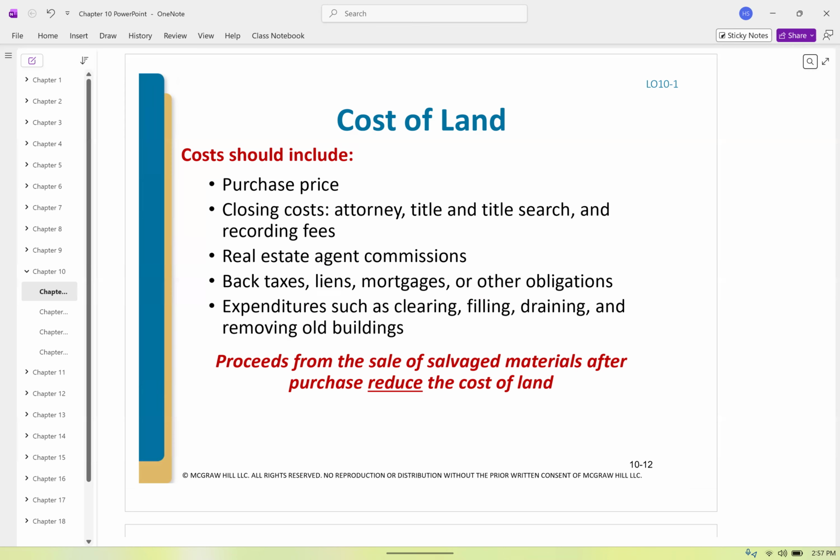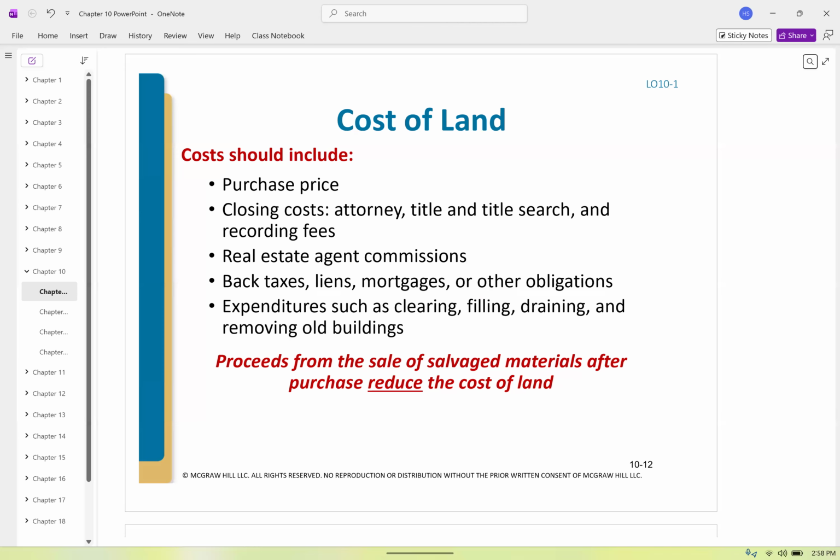Okay. Sometimes there is proceeds from salvage materials from like a building. I know it's been a long time ago. Emmanuel Baptist Church in Little Rock used to be right there close to Children's Hospital. They've got that big new church they've built down there in West Little Rock. But a friend of mine worked at Children's Hospital at the time. They were letting them like go in and buy things out. So like some of them bought some stained glass windows and things like that. So if there's some stuff that gets salvaged out of something like that, those proceeds would bring down the cost